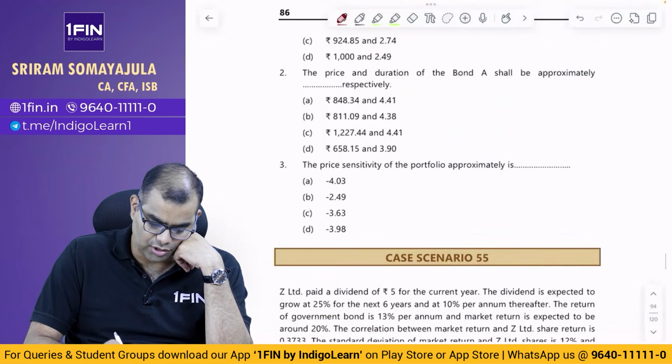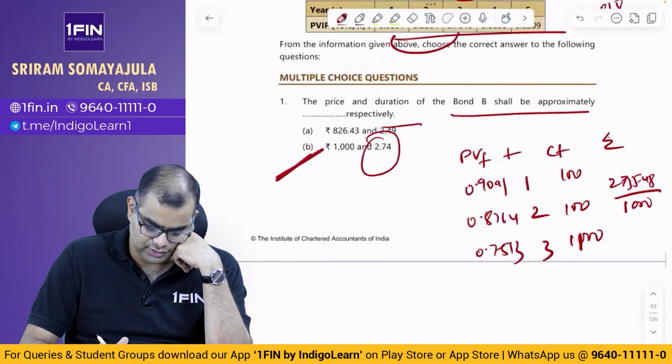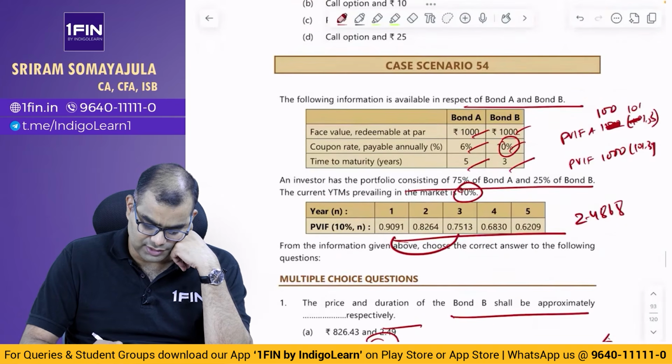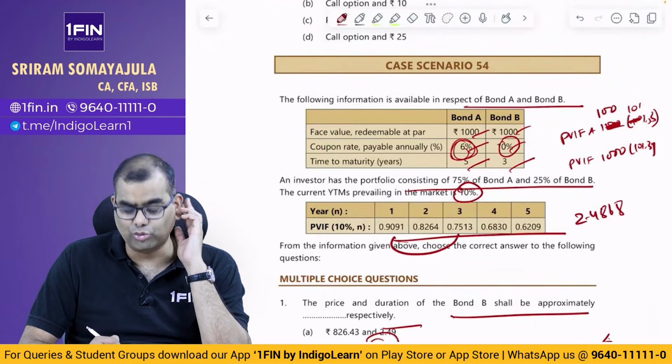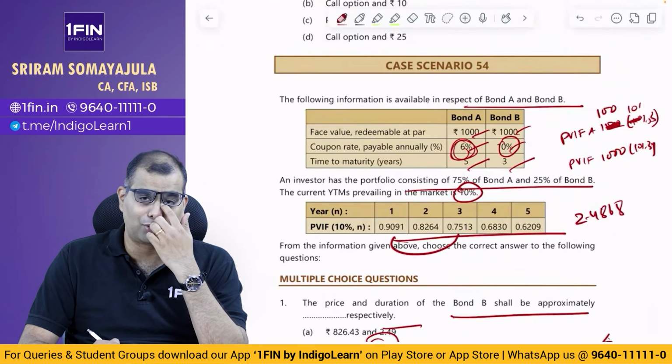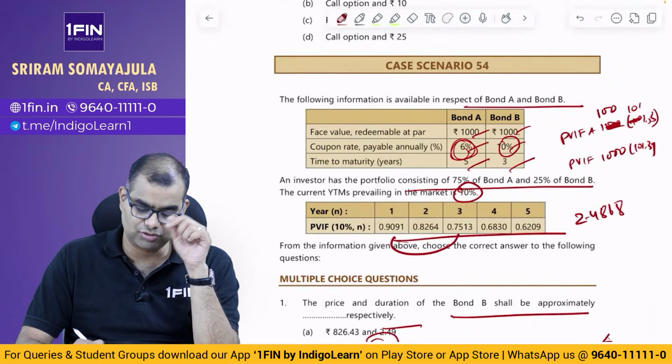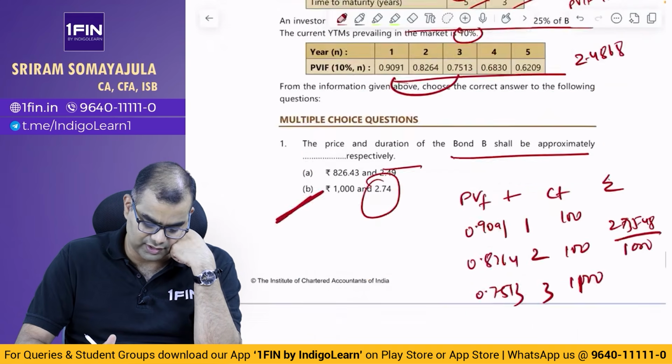Then price and duration of bond A. What is it for bond A? I can directly find out the price. This is 6%, no? This is simpler. If the market yield is higher and my coupon is lower, so I am giving a lower coupon and market yield is higher. As interest rate goes up, price comes down. So here price has to come down. So this is definitely not